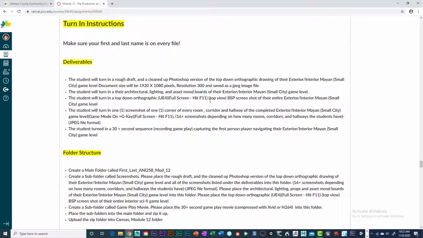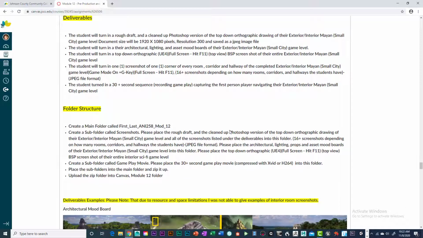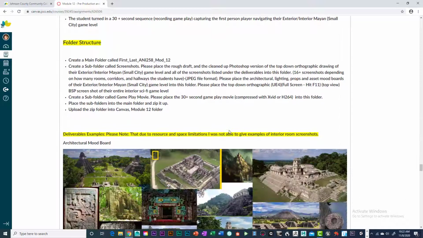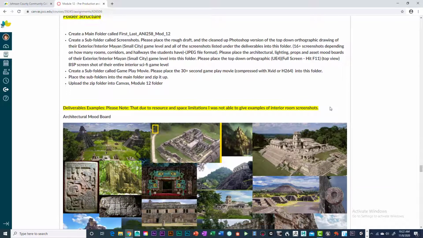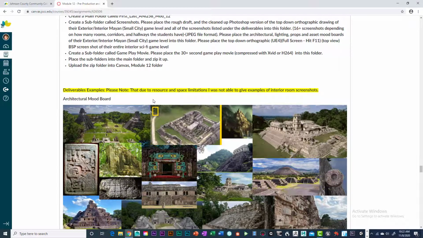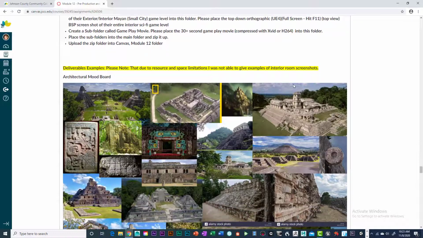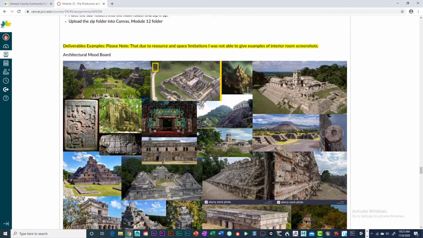Turn-in instructions, pretty simple. Just go in there, and I've got some examples here for you. Again, these are just examples, and again, because of space and the limitations I have on Canvas, I'm not going to be able to include all of the interior room screenshots. Obviously, you guys know we've done that from the Module 1 start, where you know what I'm looking for as far as interior. And so here's just one architectural mood board